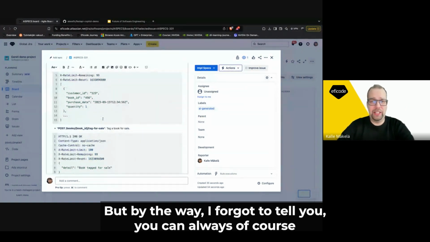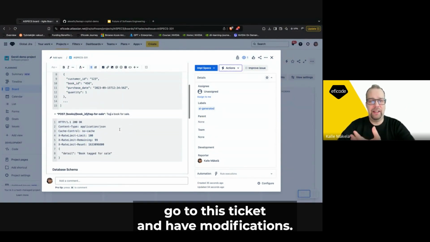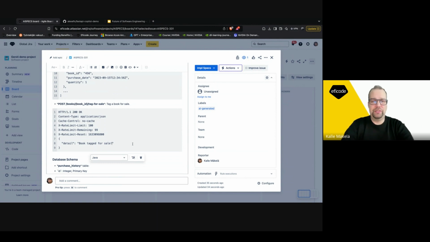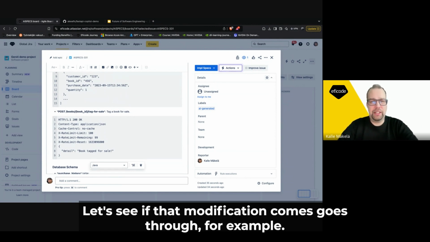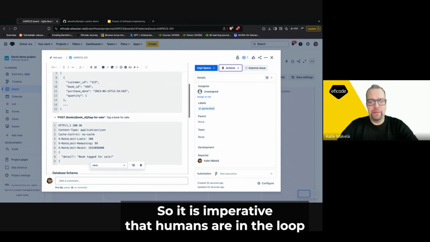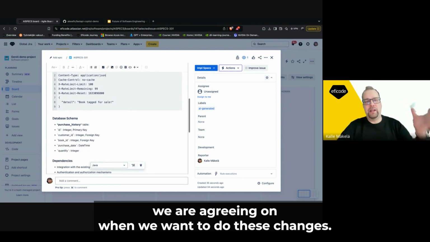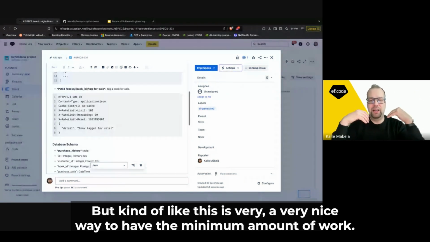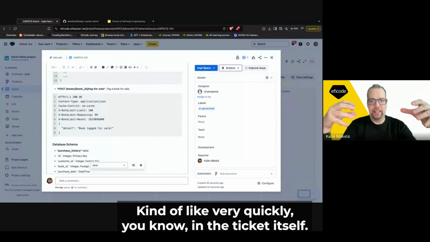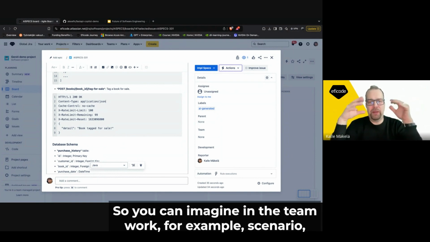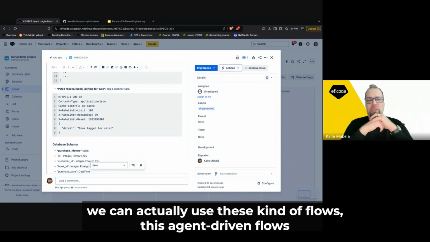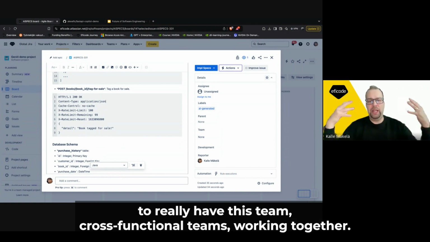But by the way, I forgot to tell you, you can always, of course, go to this ticket and make modifications. Let's see if that goes through, for example. It is imperative that humans are in the loop. We are agreeing on when we want to make these changes, but this is a very nice way to have the minimum amount of work very quickly, in the ticket itself, and then you can collaborate. So you can imagine in a teamwork scenario, we can actually use these kinds of flows, these agent-driven flows, to really have this team,